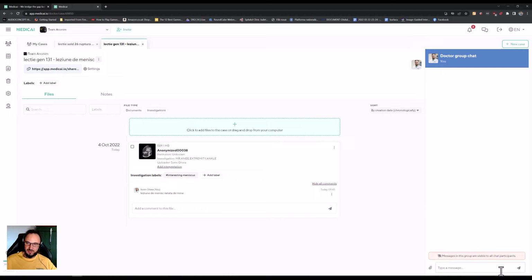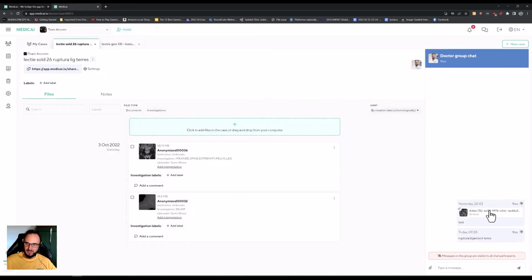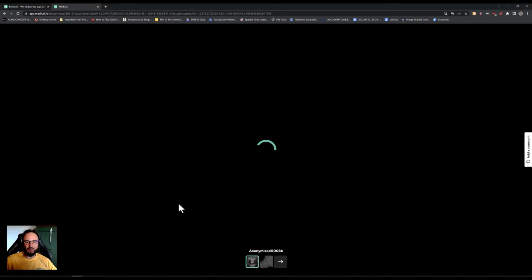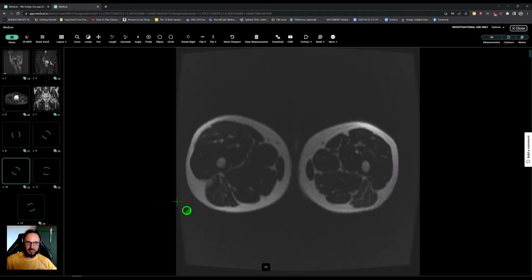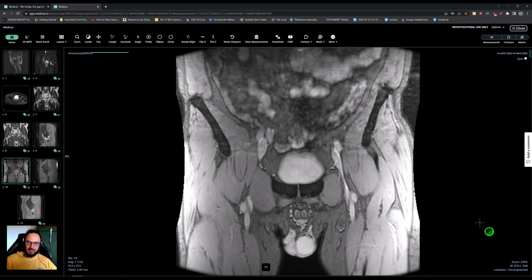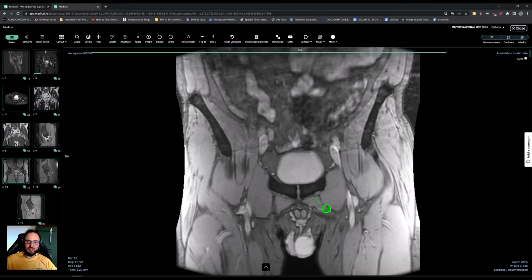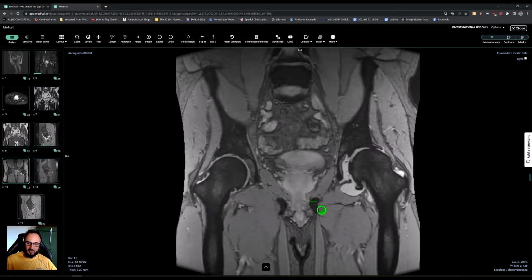It is not just a static JPEG image, it is a link to the image from the data set. I can show you this in a different case. Here, for example, you see I did a test, and you see there is a link. If you click this image, it will take you to the viewer, and inside the viewer it will open the image that you set as a key image. This is a random image, it's not very important, but you can start scrolling up and down from this key